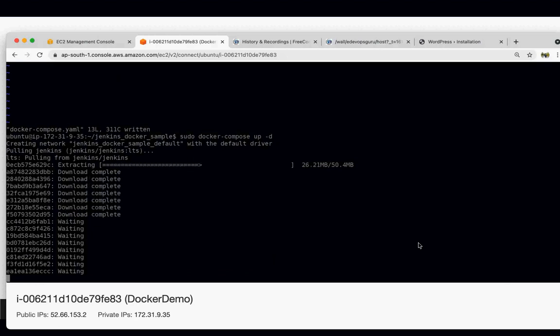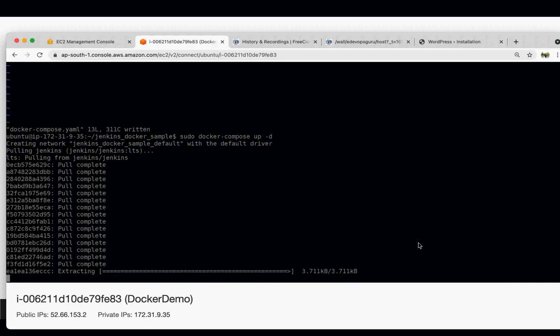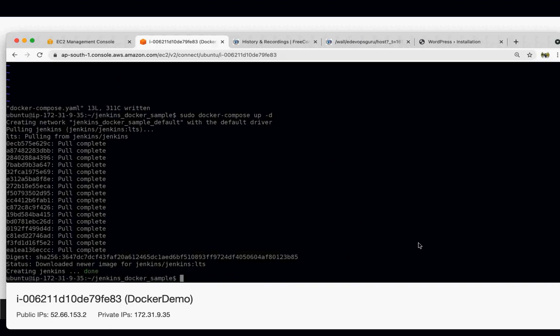Now if you see it here, it is pulling the Jenkins latest image from Docker Hub. It has downloaded. Now it is creating your Jenkins service.